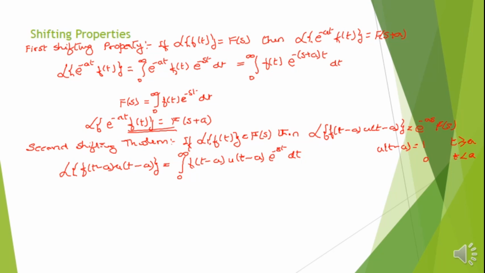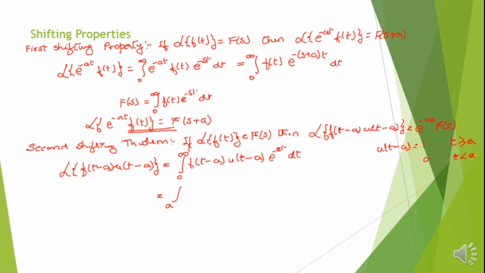Up to a, u of t minus a is 0. From a onwards, this value is 1. So, based on this, u of t minus a equals 1 for t greater than or equal to a and 0 for t less than a. I will rewrite this equation as